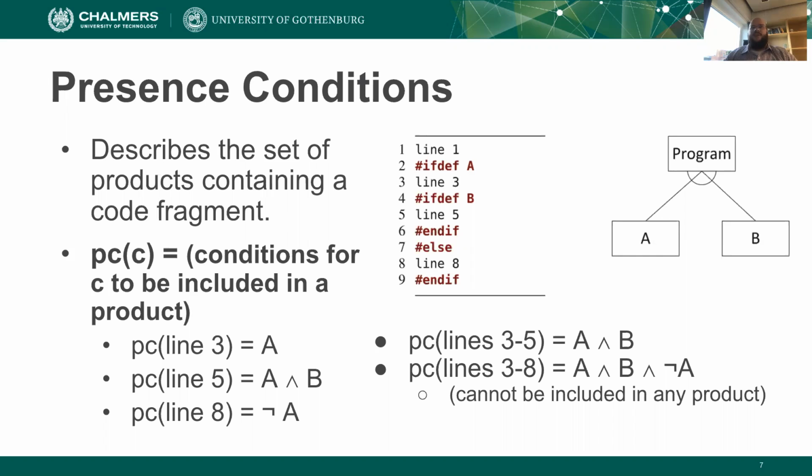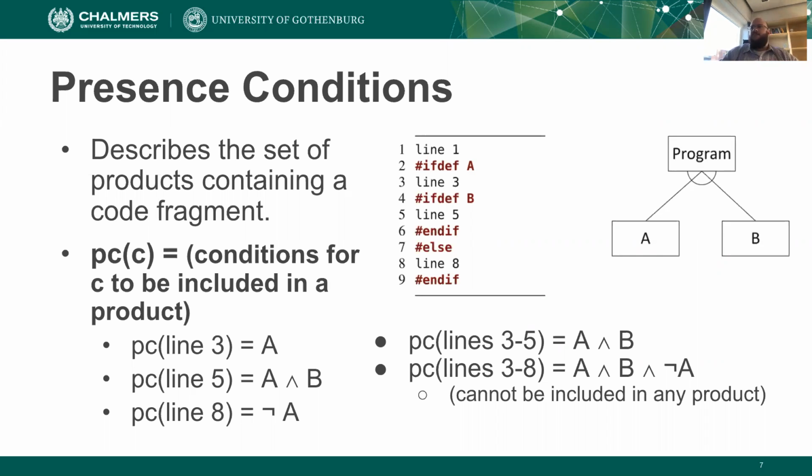Now to do this, we need a compact representation of big sets of feature selections and the corresponding products. We do this using what are called presence conditions. Presence conditions are propositional formulas that represent a set of feature selections. Rather than being one feature selection, they represent a bunch of feature selections. This is in line with the propositional formula we use to represent the set of valid feature selections in the feature model. So a presence condition is a Boolean expression defining the feature selections where a particular code fragment is